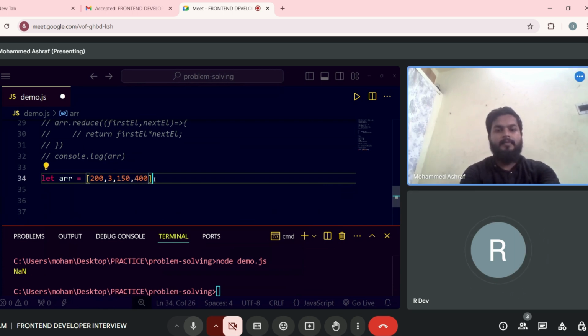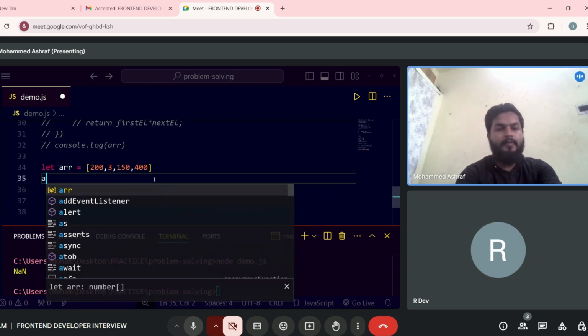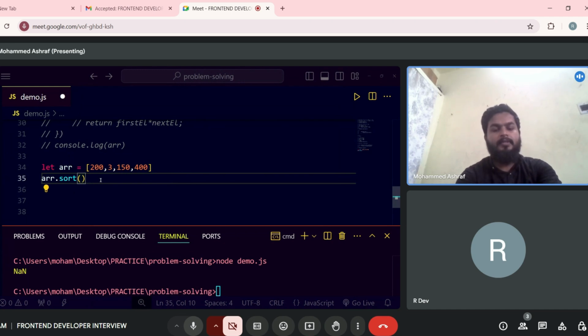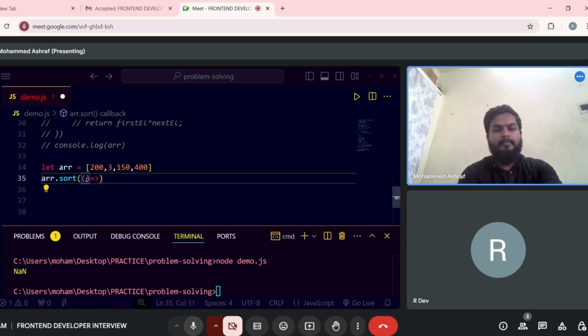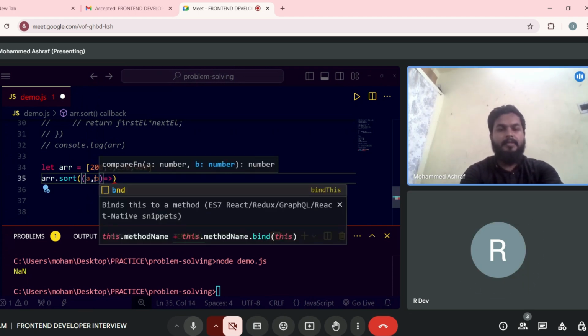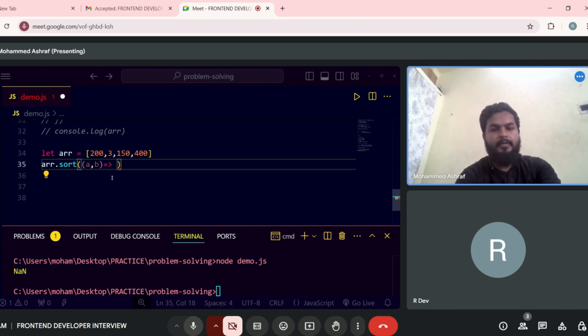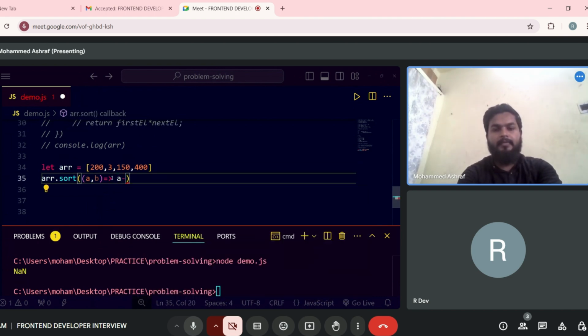You can sort the values in ascending order. It compares the first element with the second element, and if you give a minus, a comma,